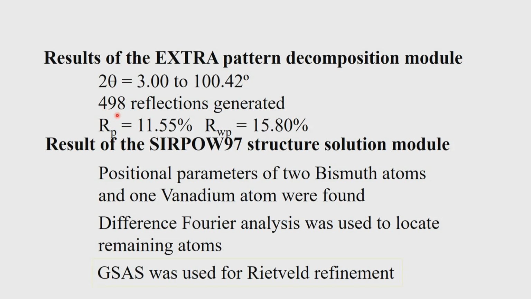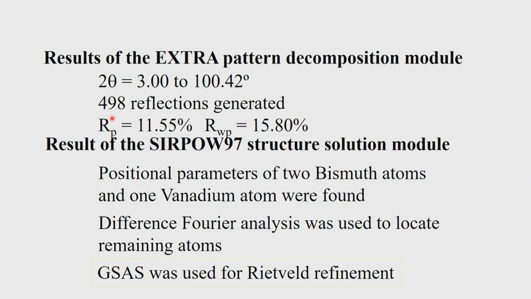So, we now have a list of HKL and intensity, 498. It is still not sufficient; in a single crystal, as you all know, by now you have thousands of reflections for a unit cell of a defined value. So, here we still do not get that kind of numbers, but 498 reflections is not a bad idea. So, using these 498 reflections, we can either use the Patterson methods or direct methods to hope to get the positions of the atoms.